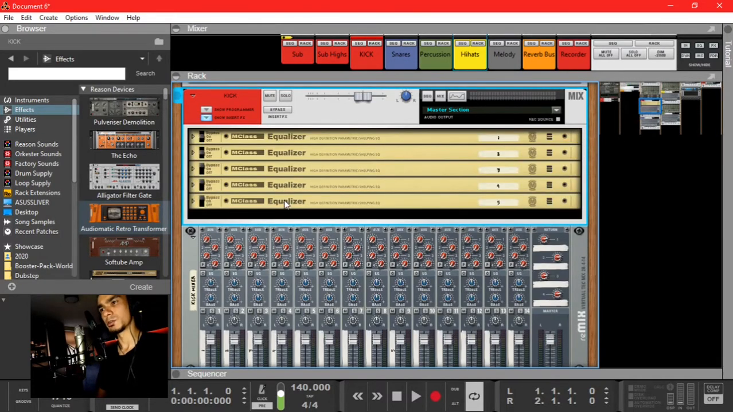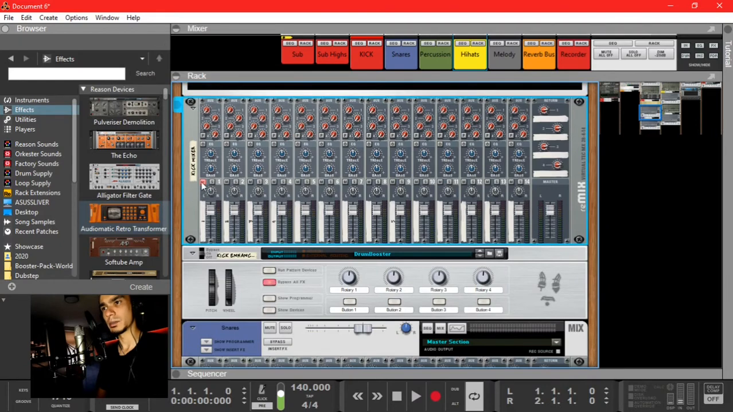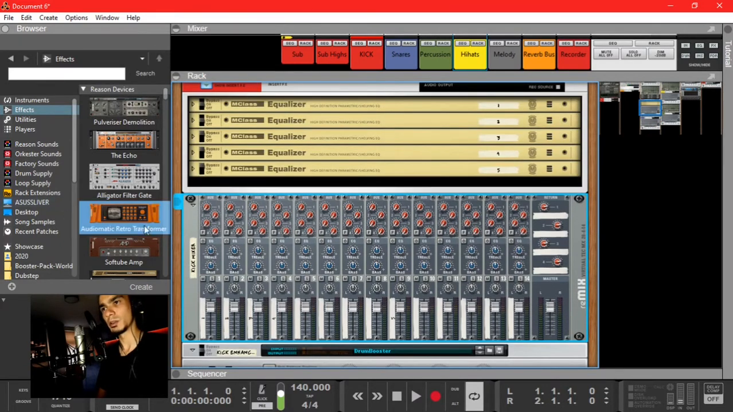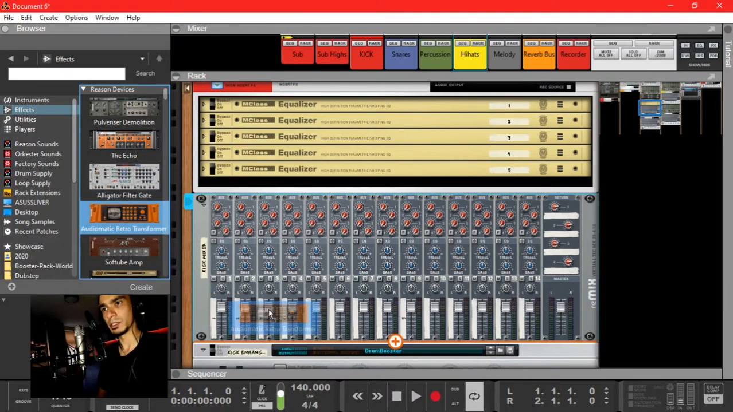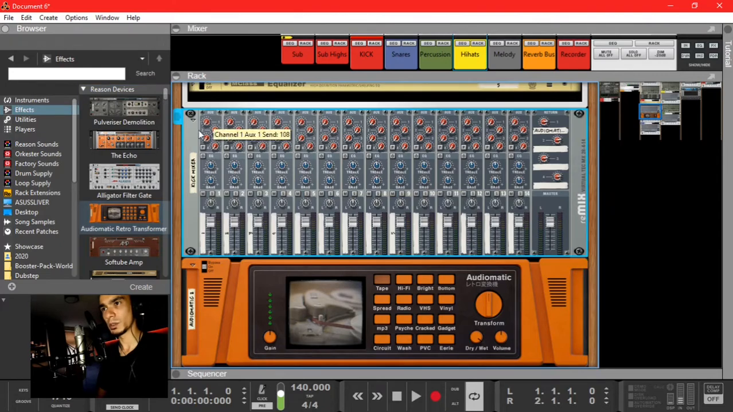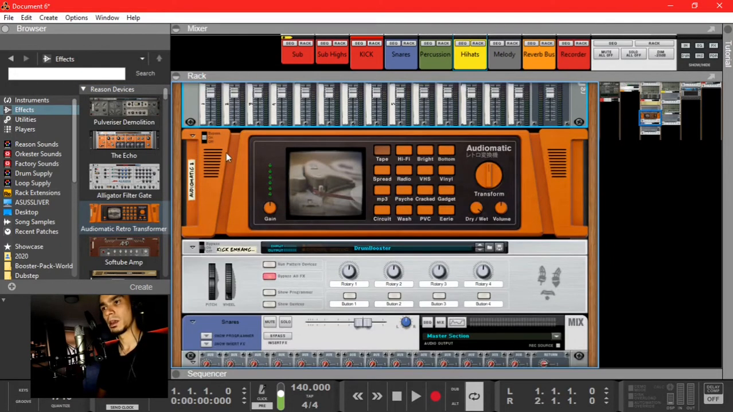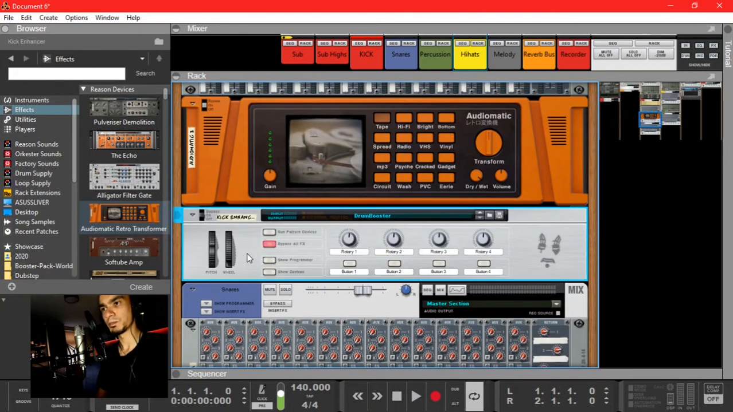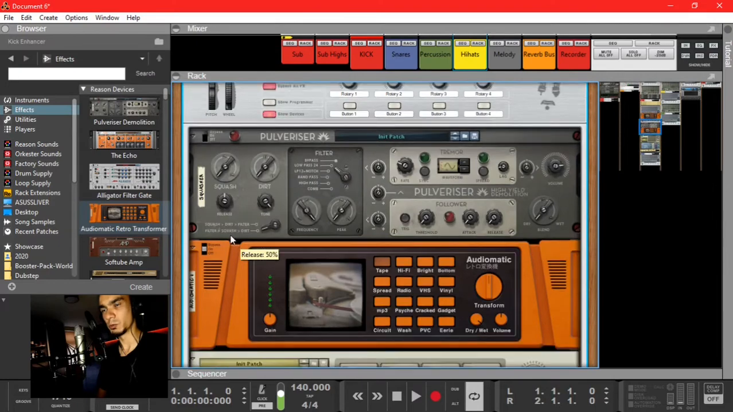Alright, so those 5 EQs go into a line mixer right here. That gives me a little more freedom of mixing those separately, and then maybe even adding sounds to the send effects here to one specific sound if I want, or actually a group of sounds if I'd want to do that. And then that mixer goes into a drum enhancer that I've built, which I'll link in a separate video,